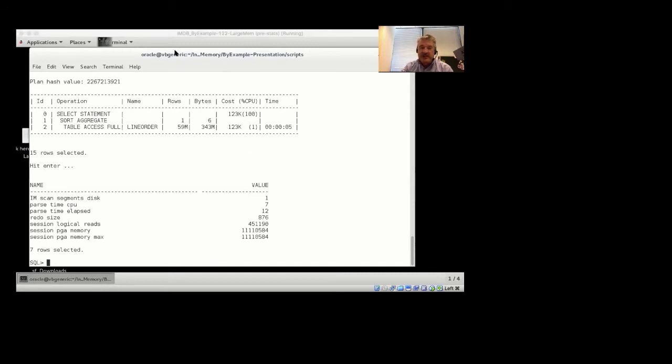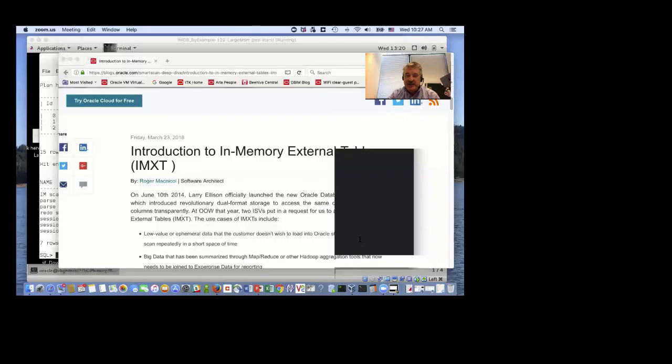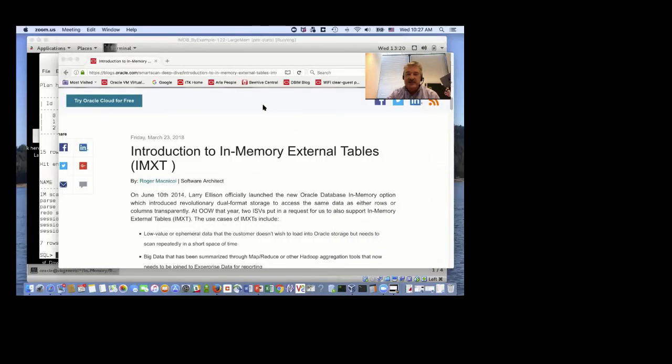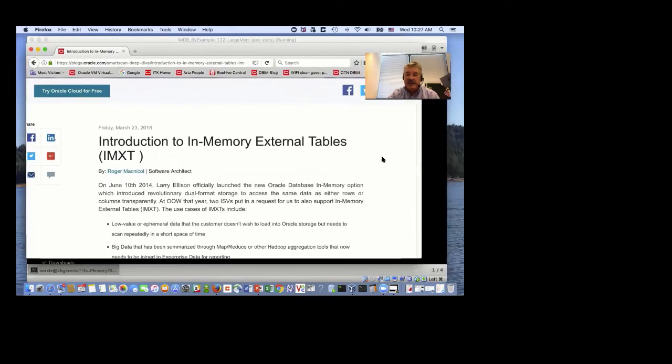Okay. And actually, folks, this one's a good question, or timely anyways, because one of the developers has posted on his SmartScan Deep Dive blog. If you can see, let me share this. Sorry about that. We'll do it this way. On the SmartScan Deep Dive blog, Roger McNichol has actually posted additional information about in-memory external tables and how they work with database in-memory. So that's actually available